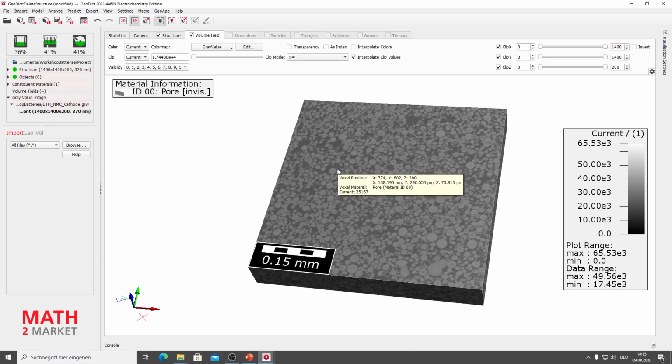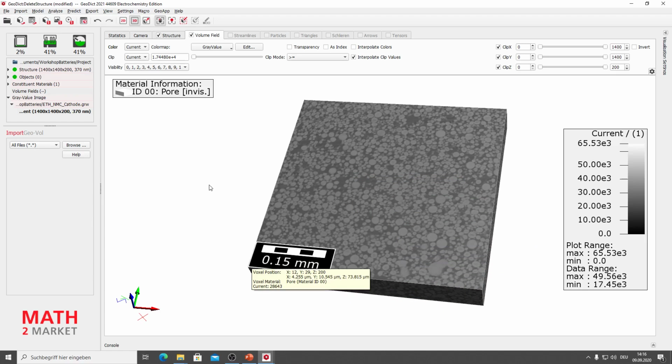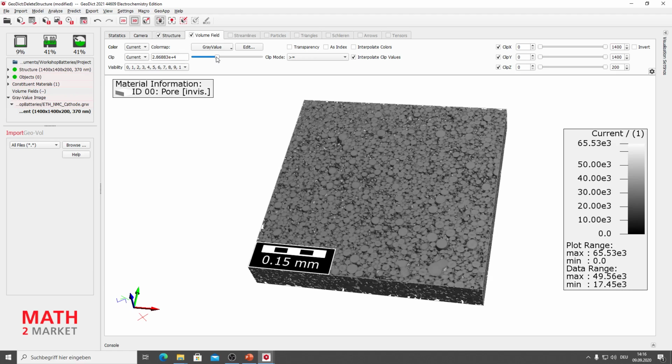You can see that there are several different gray values, of course. The darker ones are representing the pore space, while the lighter ones represent the actual solid material, in this case the NMC material. If you turn the slider here to the right, you can see that at a certain value the darker spots start vanishing and we can only see the lighter spots.